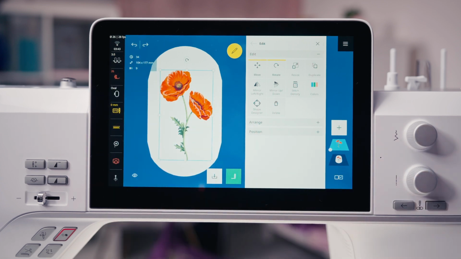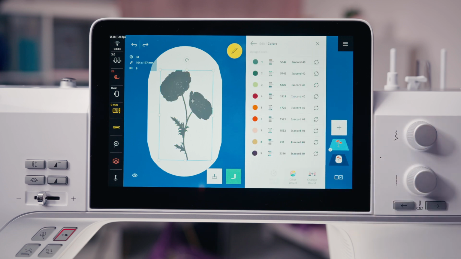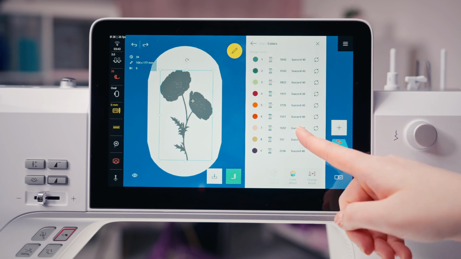When you open the Color tool, there are several options. You can select your favorite thread brand, and the design's colors will be converted to that brand.